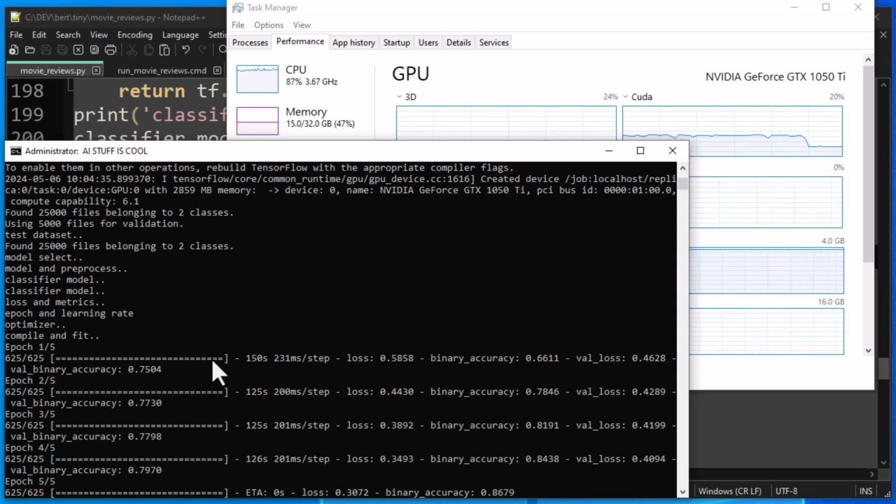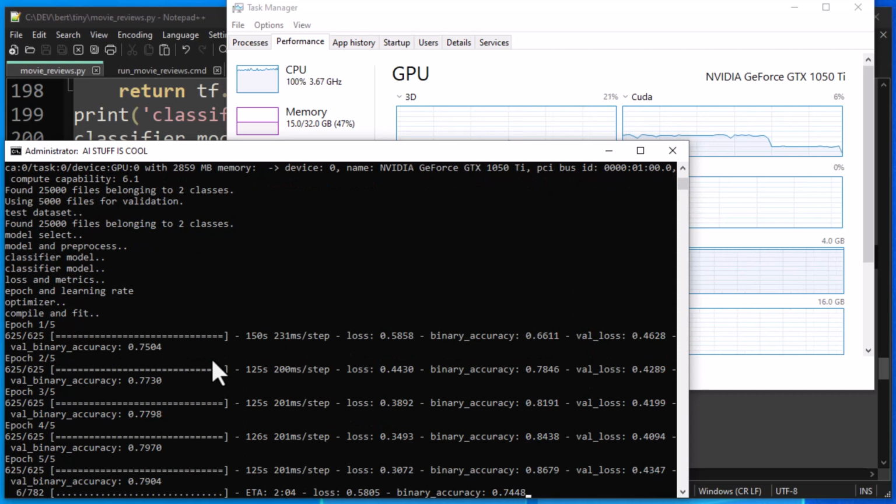We are at the end of epoch number 5. It looks like we got almost 87% in binary accuracy. So we're checking our validation, and we got 79.04, which is short of the 80% I was looking for. It was actually a little bit less than the previous epoch. So we were not doing quite as well on our validation